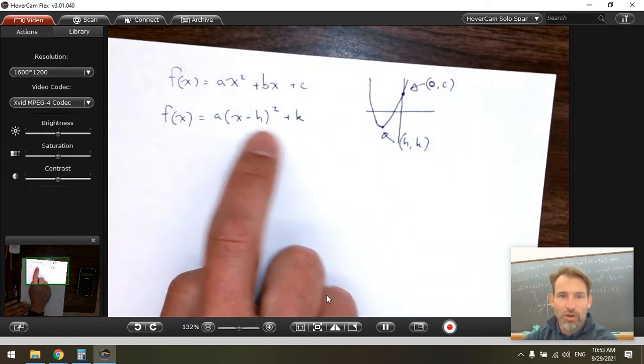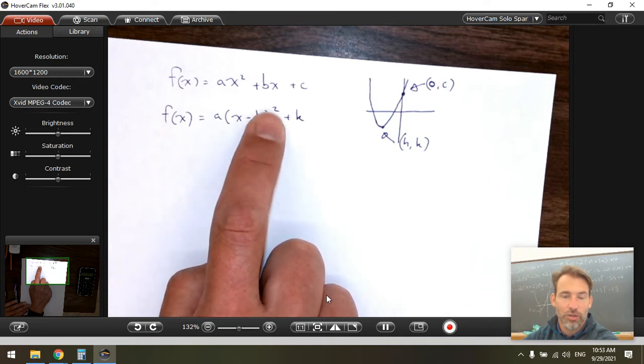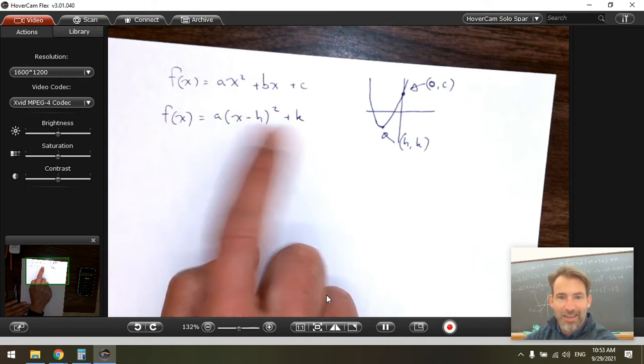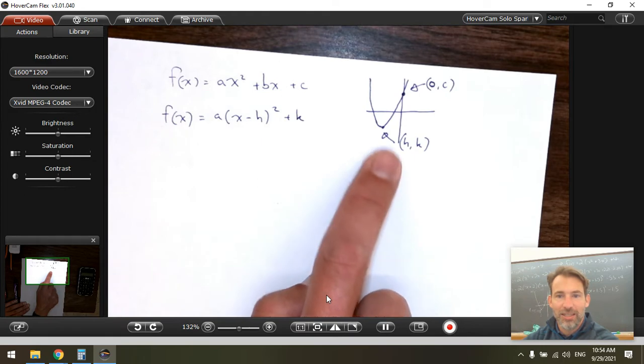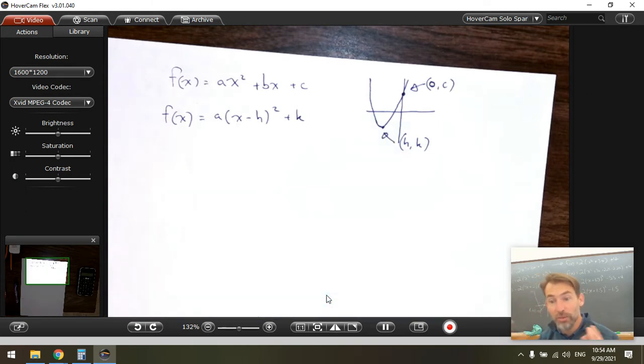But if I can convert the quadratic to a multiplied by (x minus h) all squared plus k, then I know (h, k) is the location of the vertex. That's valuable information if I want to create a sketch. It's also the maximum or the minimum value of the parabola, which in applications questions is often the highest point of a bridge or the highest point that a ball will travel,